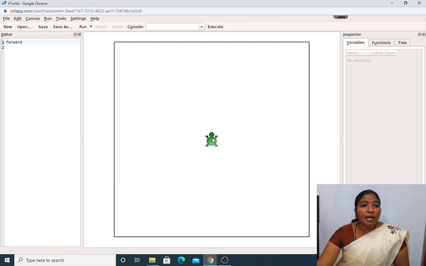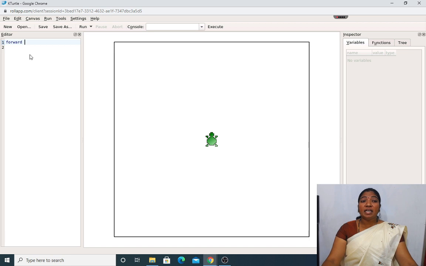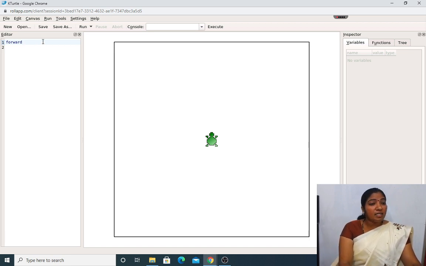When I use the forward command, what actually happens, my dear students? The command should be written in the editor pane. See here, I will write the turtle's forward command like forward 100.